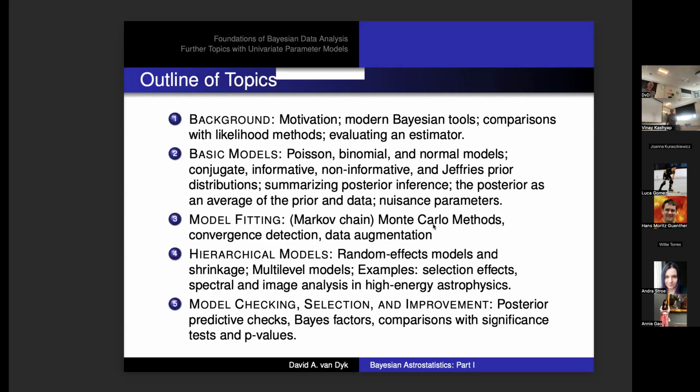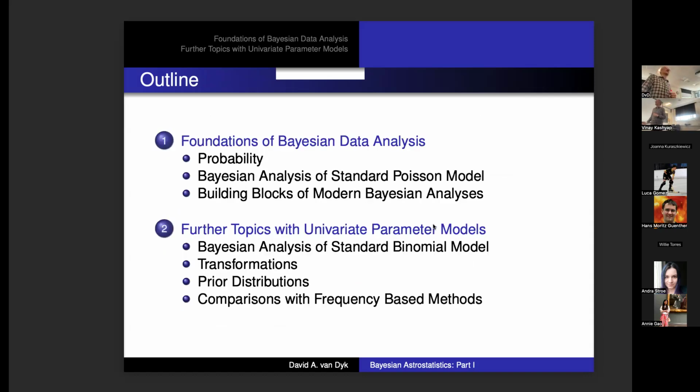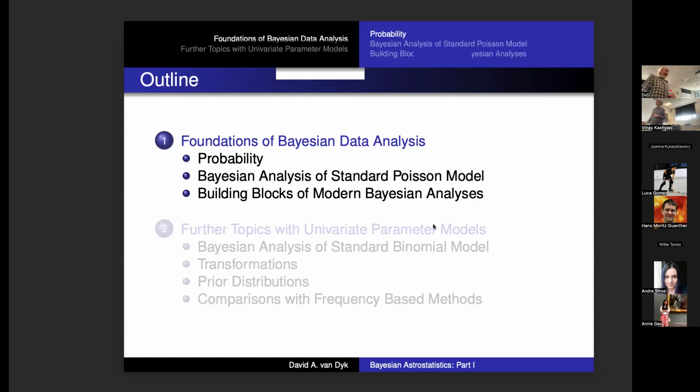Okay, so outline of topics. Today, we're going to try to get through the first two, or at least most of the first two, background and basic models. So kind of the basics of thinking about things from a Bayesian point of view. Model fitting, so Markov chain Monte Carlo sorts of things, in the second lecture. And the lecture in 2 weeks will be developing more complicated, sophisticated modeling. You'll get these slides so you can look at that list in more detail. I won't repeat myself too much.